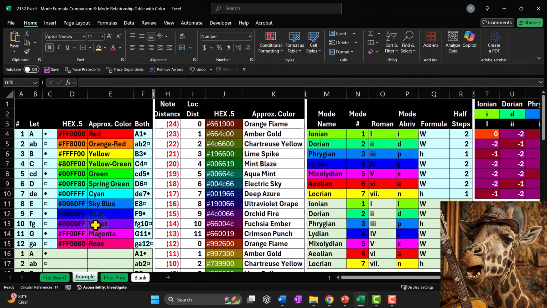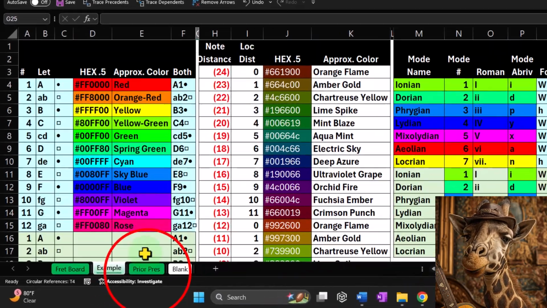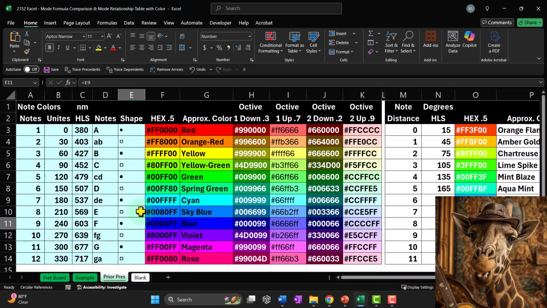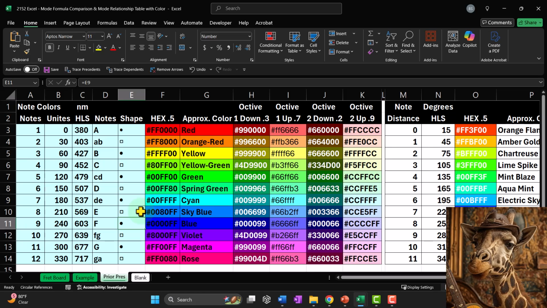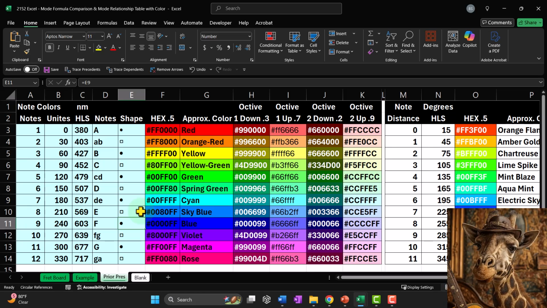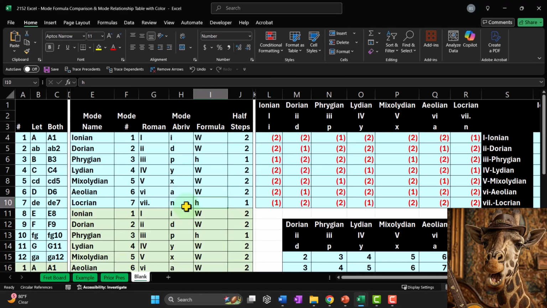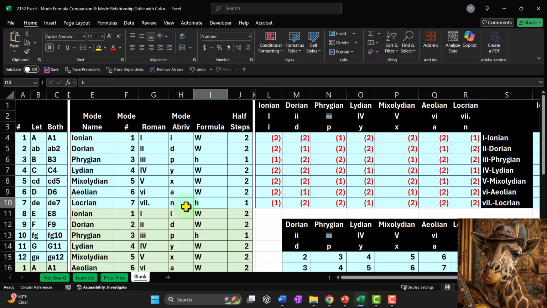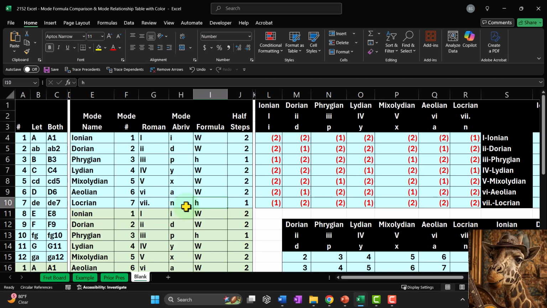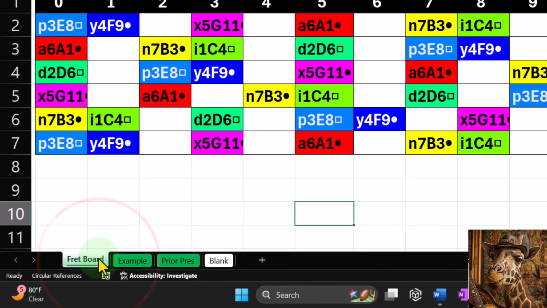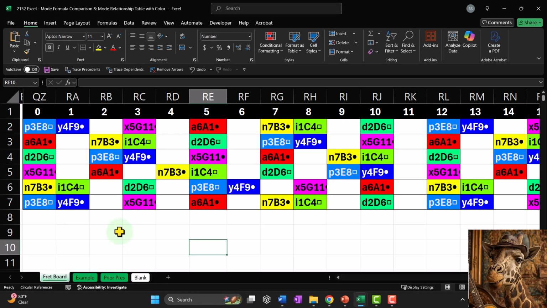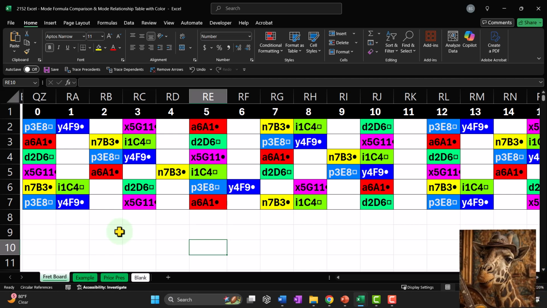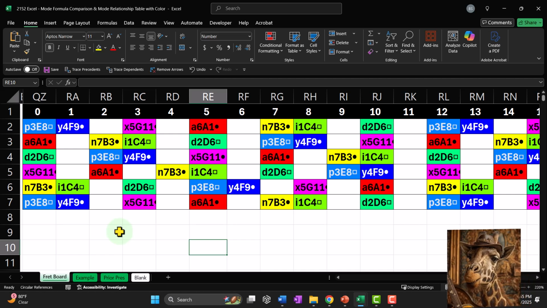We've got the example tab having in essence the answer key. The prior presentation tab has the information we worked on in a prior presentation, which we will use to pull into the current presentation. The blank tab is where we started with a blank worksheet, but did so in a prior course or section. Basically, this time we want to be adding the added layer of color, another dimension of understanding. Let's go to the fretboard tab to get an idea of our overall objective, that being to maximize the use of color to better understand music theory in general, better navigate the fretboard more specifically,